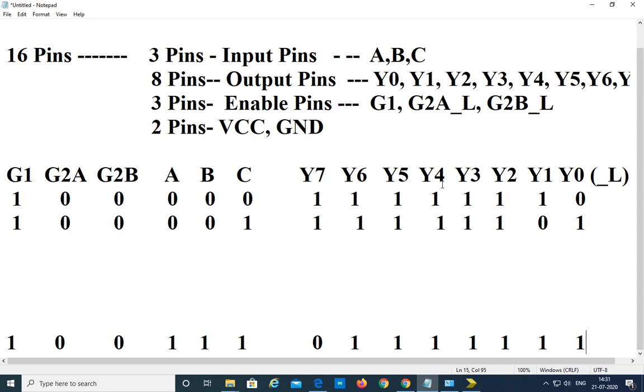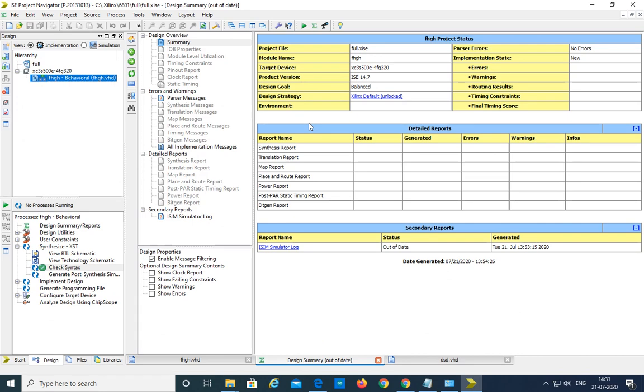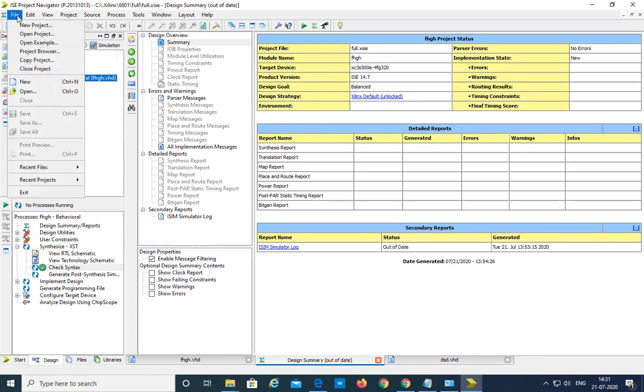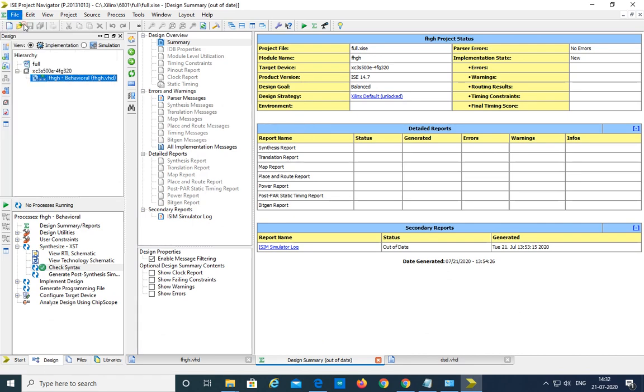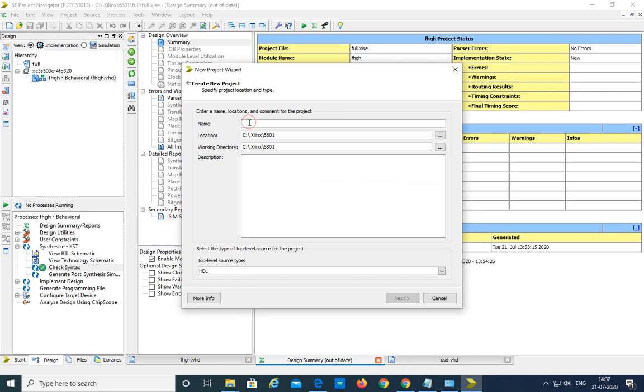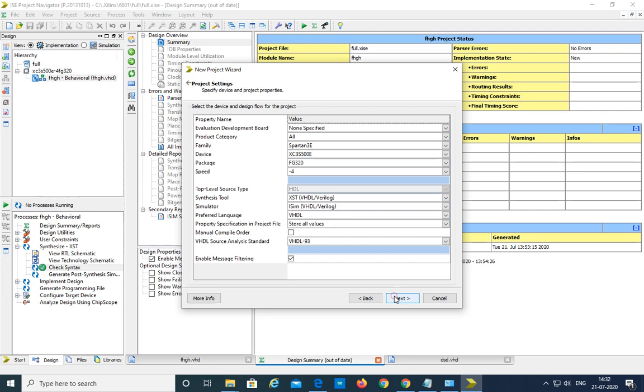Now we are going to write the VHDL program for this IC 74138, and we will verify the functionality. For that, open the Xilinx ISE design suite. Create file, new project, and give the project name as decoder. Click on next.